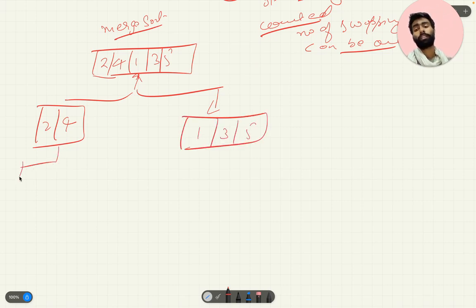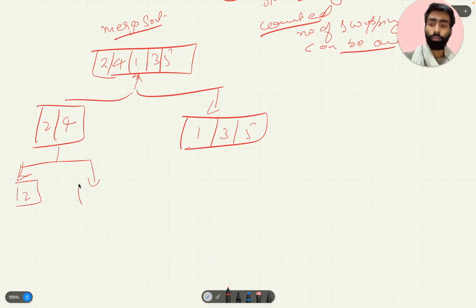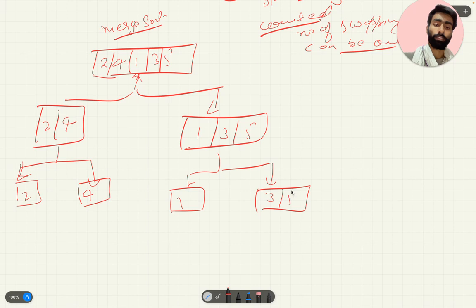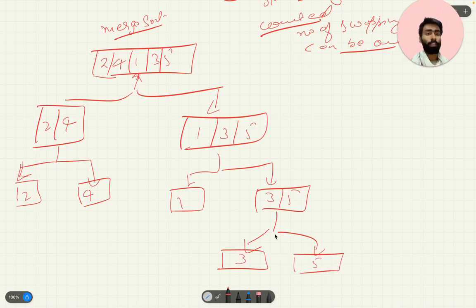Then we again divide, like this 2 and 4, and again 1 here and 3 5, and likewise we do this until we get single element values.